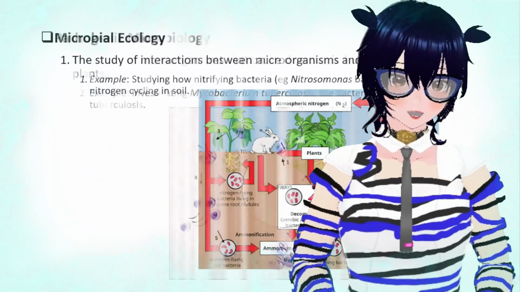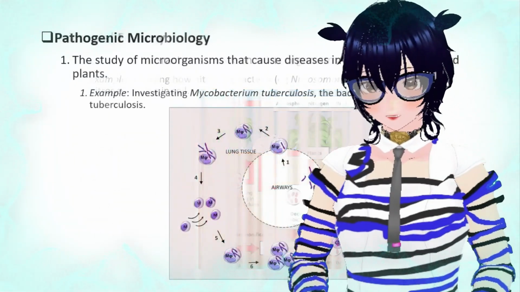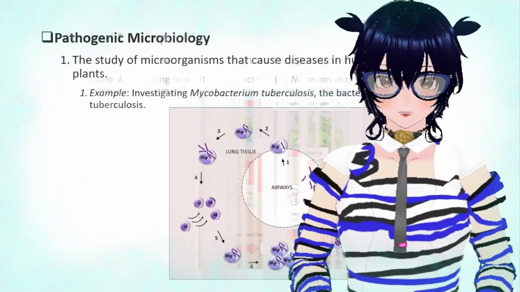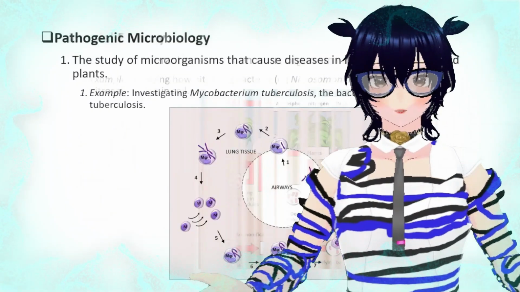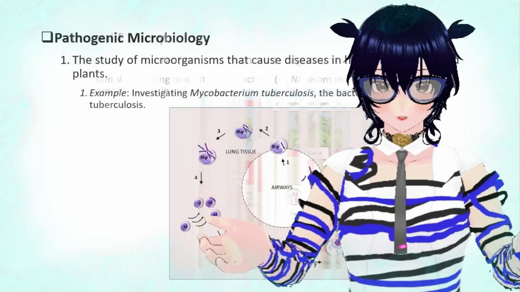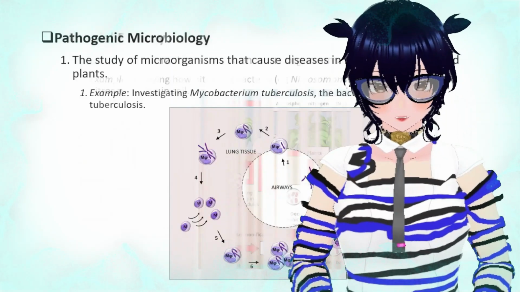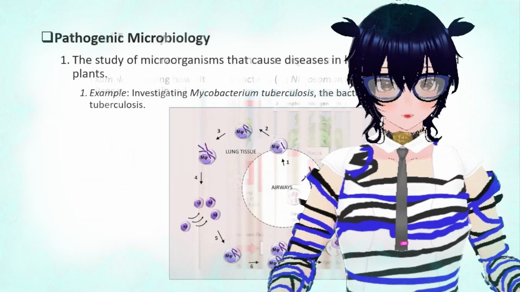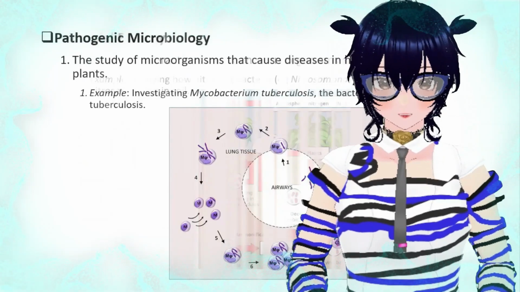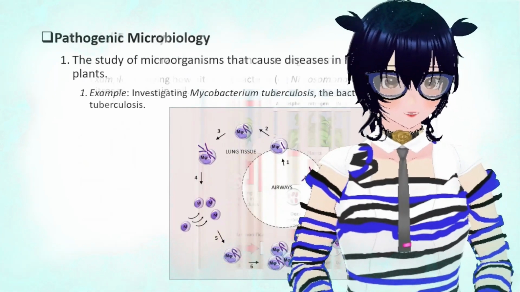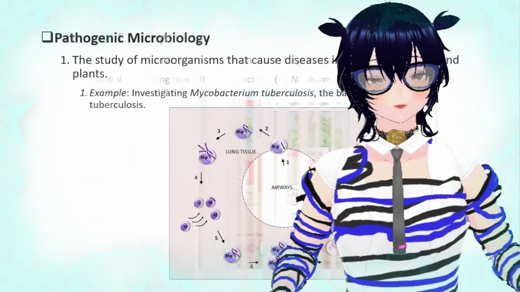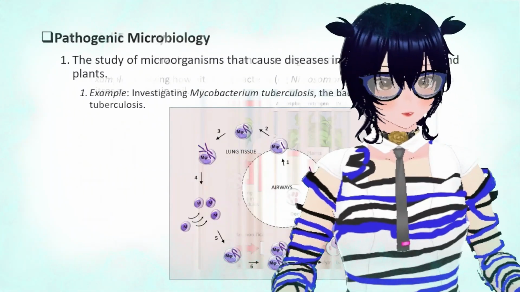Everything related to disease-causing microorganisms comes under pathogenic microbiology. An example is, well, we have studied plenty of examples. HIV virus. I'm not talking about the bacteria, okay? In pathogenic microbiology come fungi, viruses, parasites, and bacteria, archaea, everything comes under this. So Mycobacterium tuberculosis. This is the bacterium that causes tuberculosis.